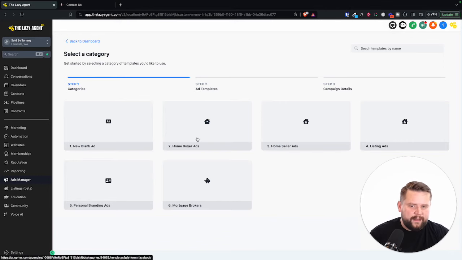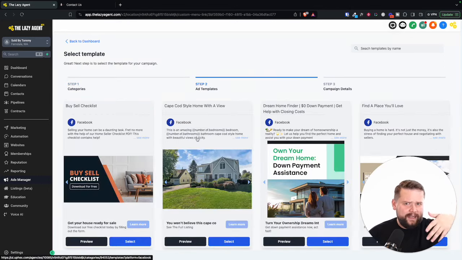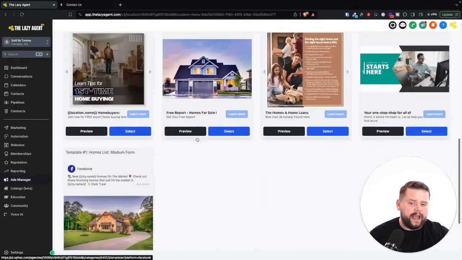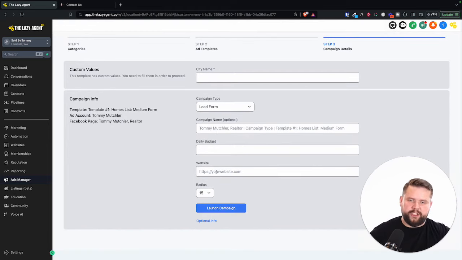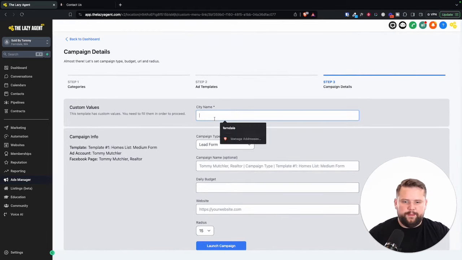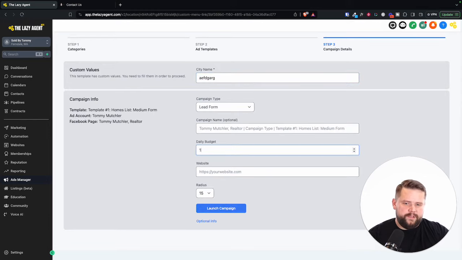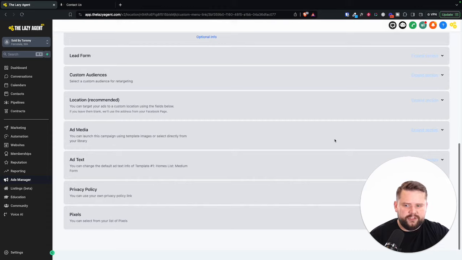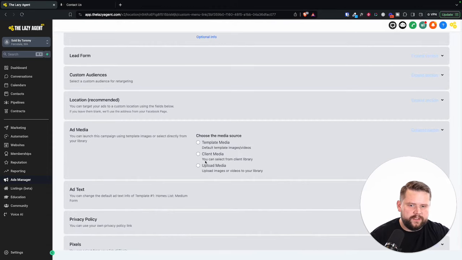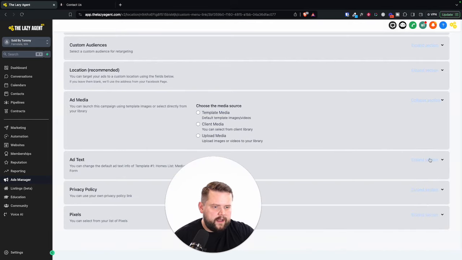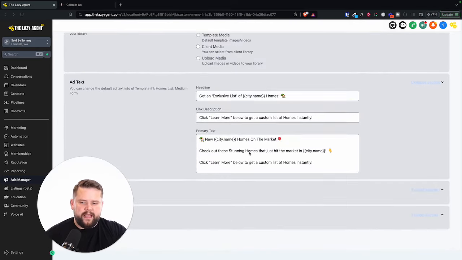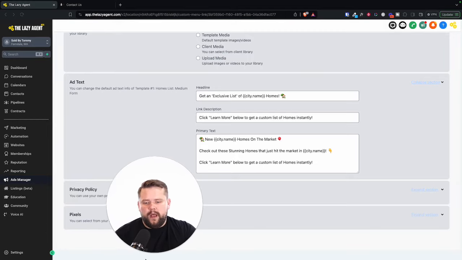For example, I have a ton of templates in mine. Not that you need to use templates. I would recommend actually making your own ads instead. But you can come in here, grab any ad that you want, or just create one from scratch, fill out some of the information, select your daily budget, add the landing page you want them to go to, change any of your ad copy, different photos, videos, different media template, and then you hit launch. This is a much easier tool for running ads through. I really like